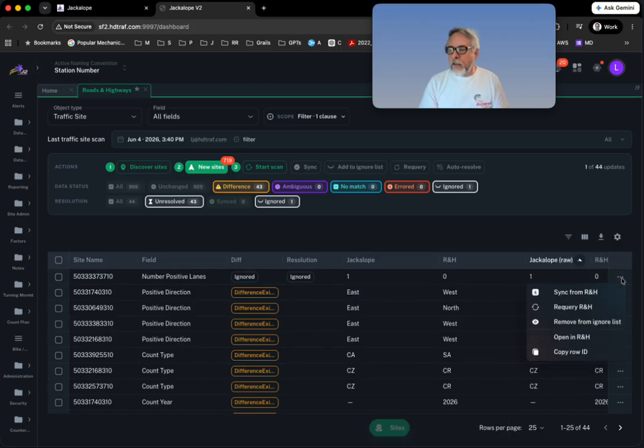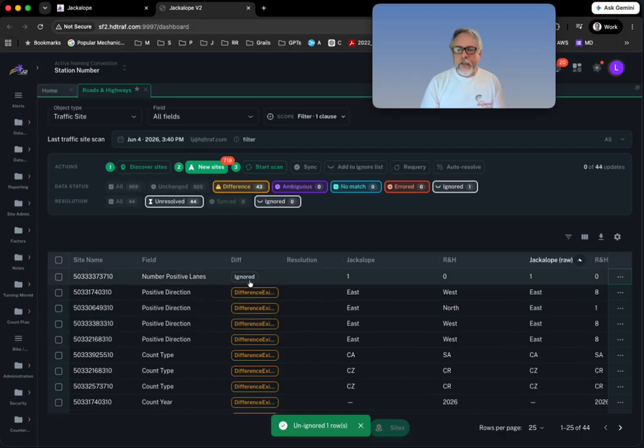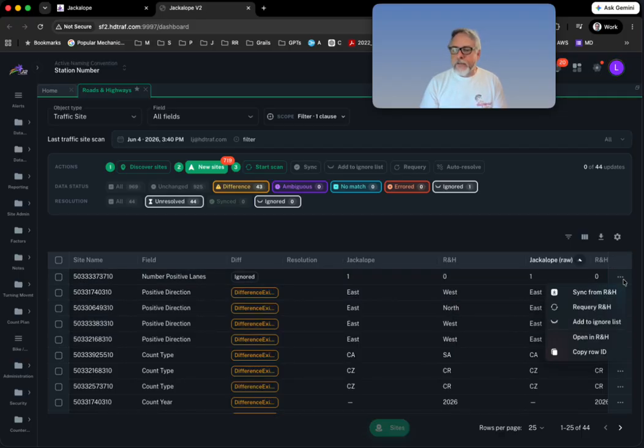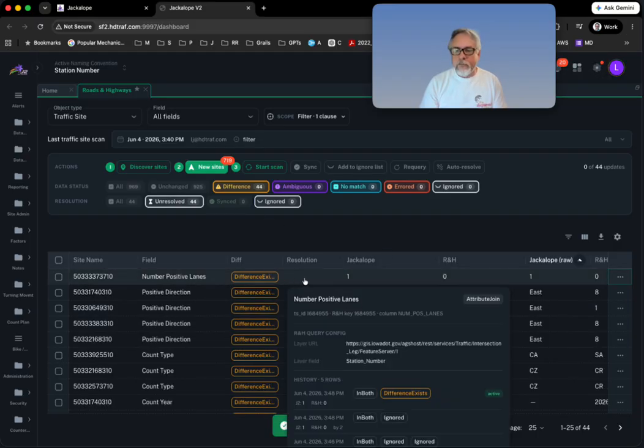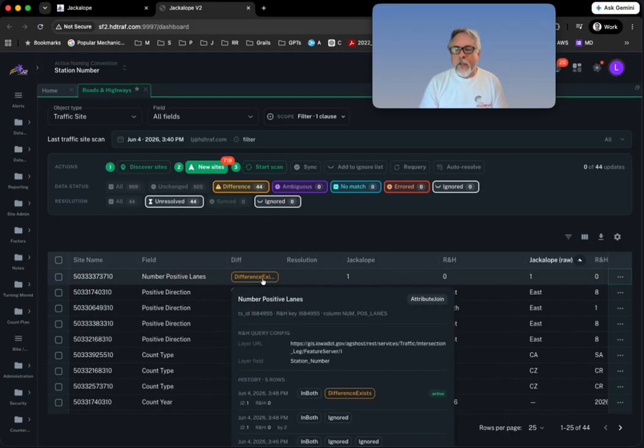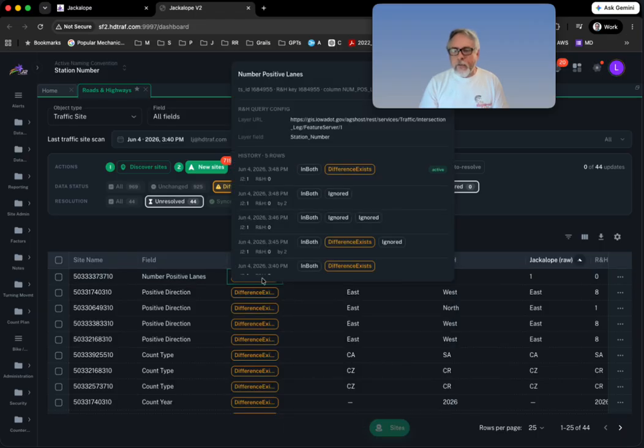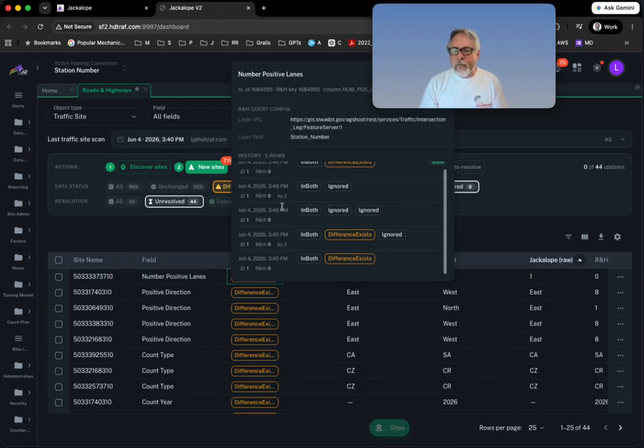You can remove things from the ignore list. Let's do that. And now let's sync requery again. And now we would expect there to be a difference. Yeah, it's this one here, right? And now we've got a situation where if we didn't lock it, we wouldn't be able to see the whole